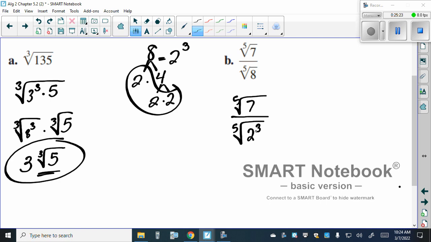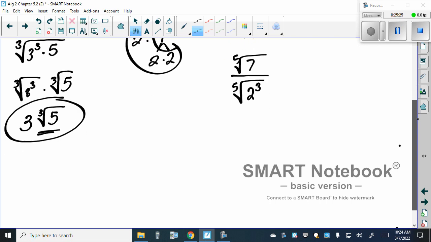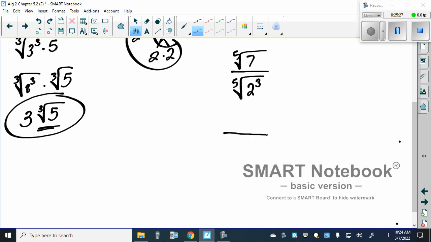Because if I had 2 to the 5th, scroll down just a little bit, in the denominator, if this was the 5th root of 2 to the 5th, then the 5th root and that 5 would simplify out because we'd have 5 over 5, yes? But how many do I have? So how many more 2's would I need? 2. So we can use our nice multiplication of 1 and multiply this by the 5th root of 2